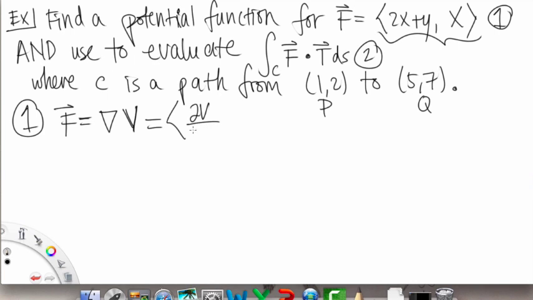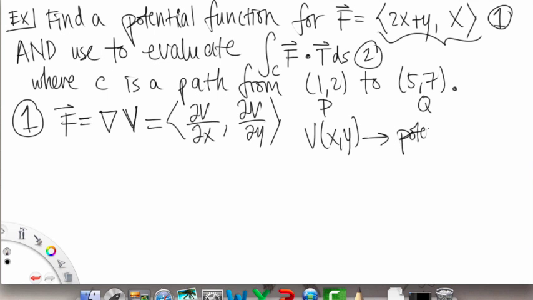So we have partial v, partial x, and partial v, partial y. Okay, so what we want to find is our original scalar potential function. What's our potential function? Okay, so I'm going to go through the process of how you would find one, a systematic way, because